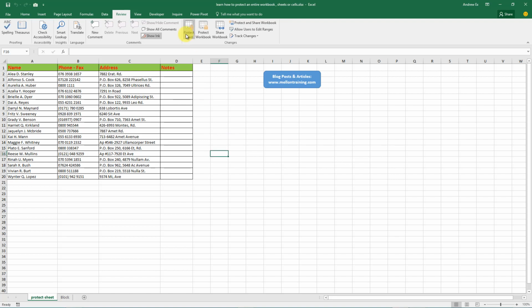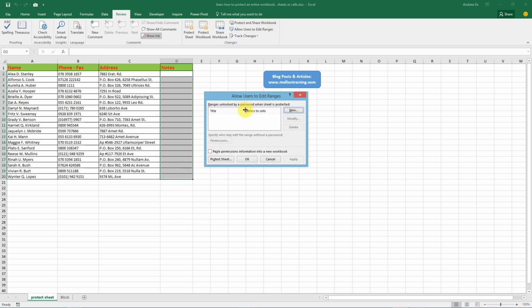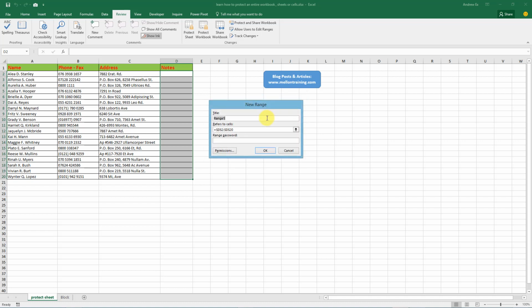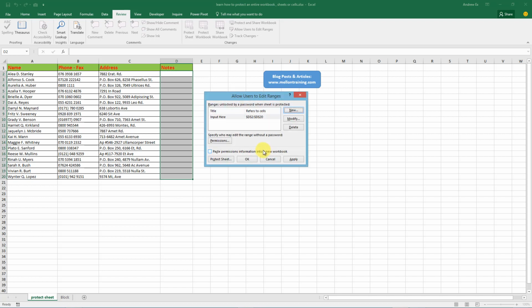A great way to allow specific ranges of your sheet unprotected, the notes column for example, is to first highlight the range and click the button Allow users to edit ranges. Then click on New, give a range title, for example input here, the area that is allowed to edit, and finally put a password for people to modify this, optional of course.